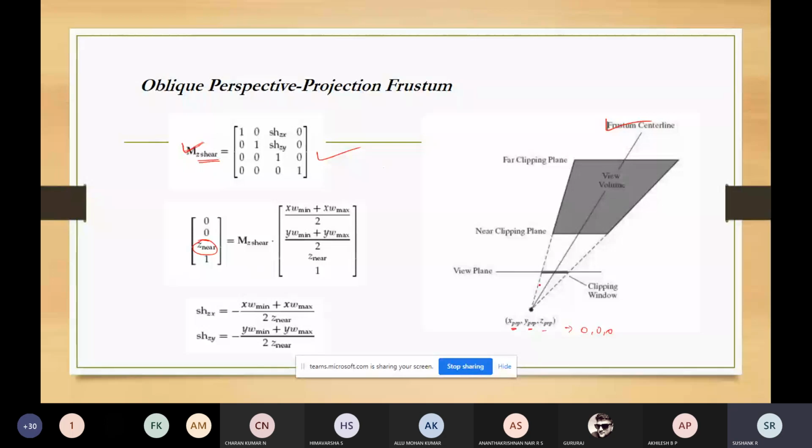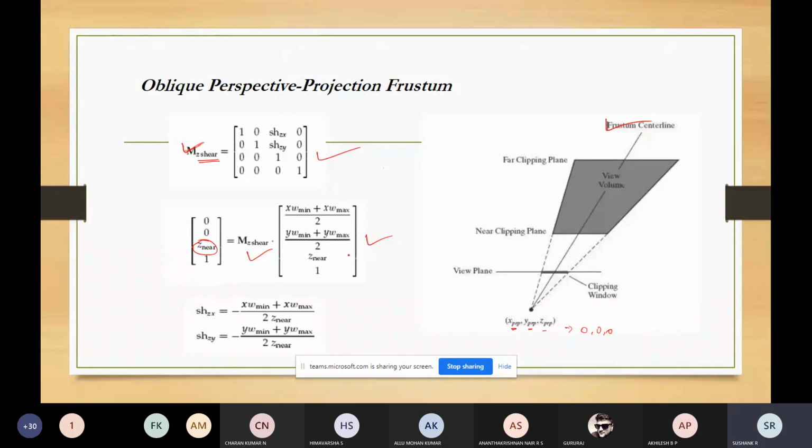For that, this is the calculation, or the parameters. Once the transformation is done, you can simplify the elements of the perspective projection matrix by placing the view plane at a position near the clipping plane. Why is it done? Because you want to move the center of the clipping window to the coordinate positions 0 0 0 on the view plane. For doing that you can choose the parameters which are written here.